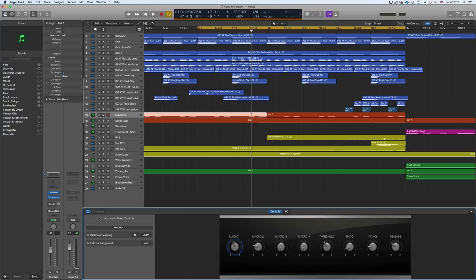plugin windows. So if we press B on this MIDI track here, we get the smart controls window in Logic Pro, and what we can do is we can go in and we can change these settings. So you can see here we can rename these, we can then map these here as well, and we can do things such as inverting the range and scaling as well.